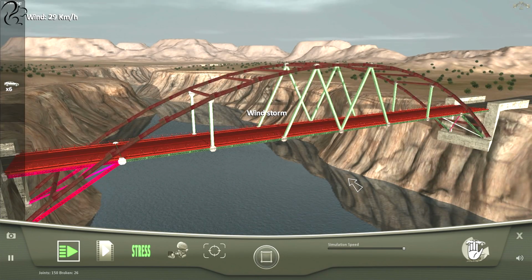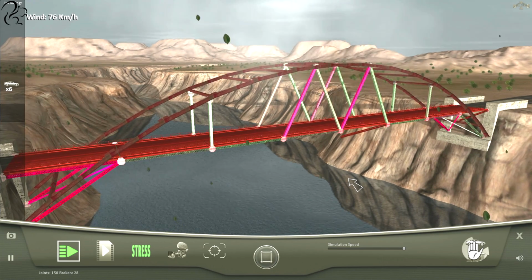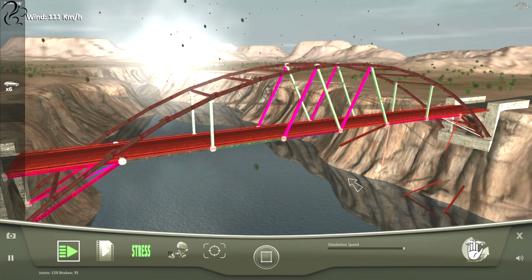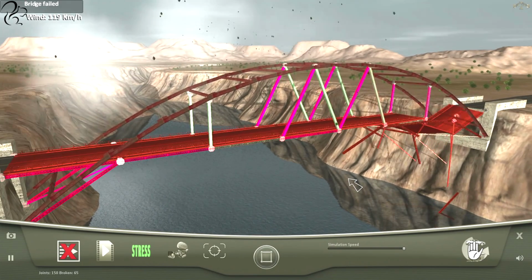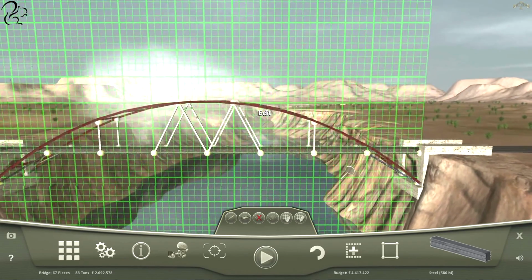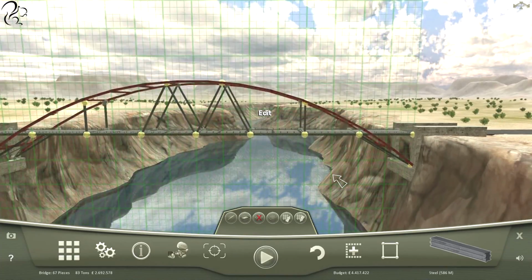What about the wind test? Oh, look at it swing! Look at that! Oh, wow. Wow, the road just got torn apart. I didn't think it was that easy. Which means... How do we make...